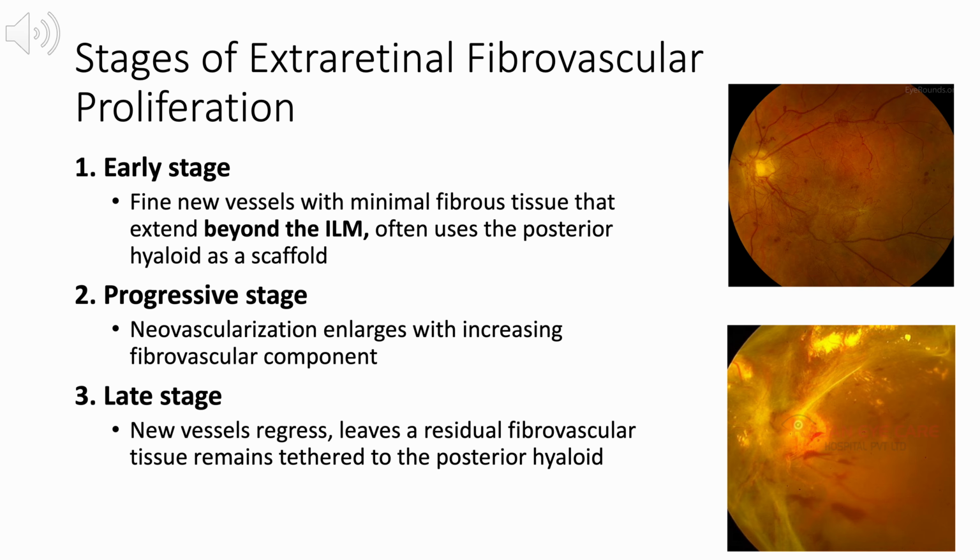In the progressive stage, the neovascularization enlarges with an increasing fibrovascular component. The lesion is now not merely vascular, but fibrous, and fibrous tissue contracts. In the late stage, the new vessels regress, but residual fibrovascular tissue remains tethered to the posterior hyaloid. This is a critical and somewhat counterintuitive point. Regression of the vessels does not mean resolution of the danger. The fibrous scaffold persists, still adherent to the vitreous, and it is that persistent adhesion which continues to exert traction